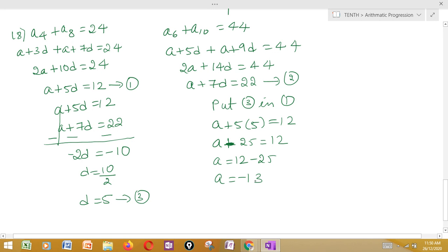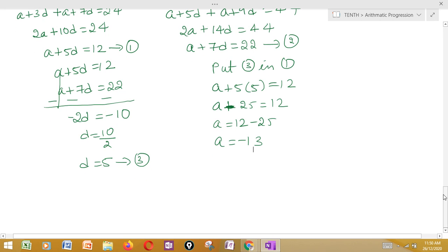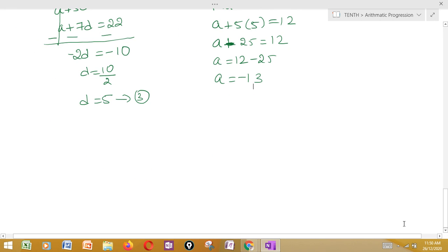Minus 13. So you have got A and you have got D. Once you have got the first term and the difference, the question is you need to write the first three terms. So what will be the first term here? Minus 13. Therefore, the first three terms are: